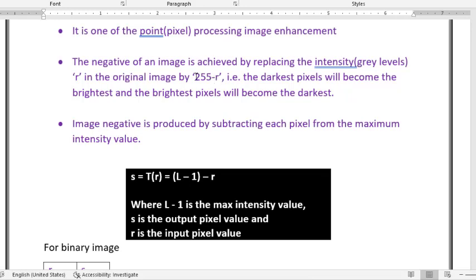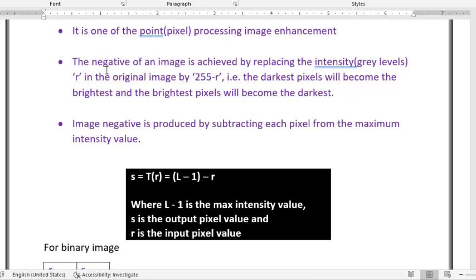That's why I am writing here 255 minus R. The number of gray levels for the grayscale image is 256. Since we are starting with 0, therefore I am writing here 255 minus R. This will generate the negative image.